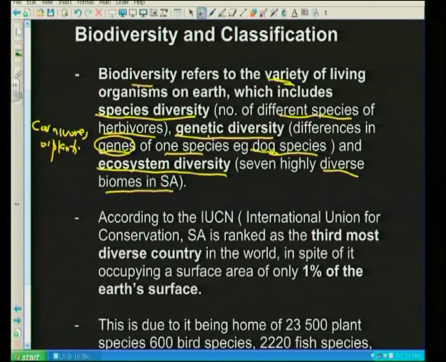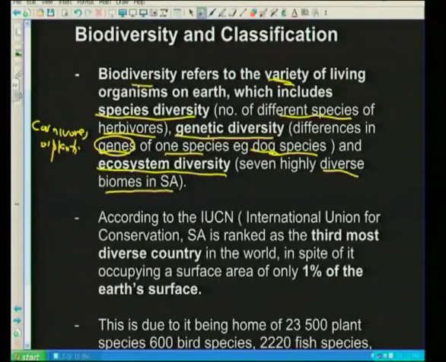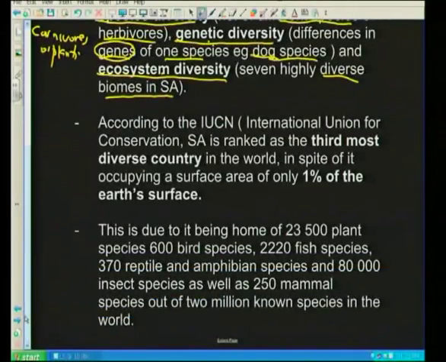According to the IUCN, that is the International Union for Conservation, South Africa is ranked as the 3rd most diverse country in the world, although it's occupying just 1% of the Earth's surface. Let us now look at why South Africa is known as the 3rd most diverse country in the world. This is due to it being home to